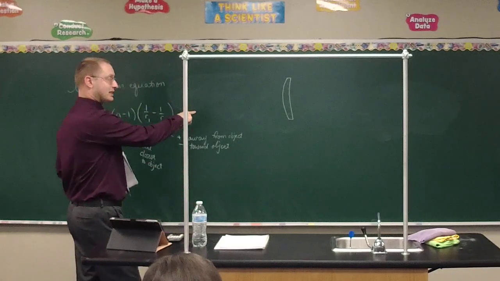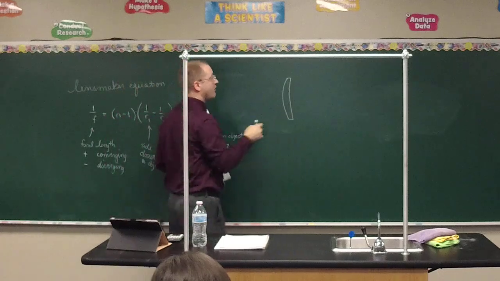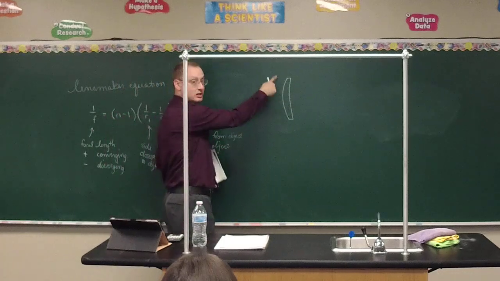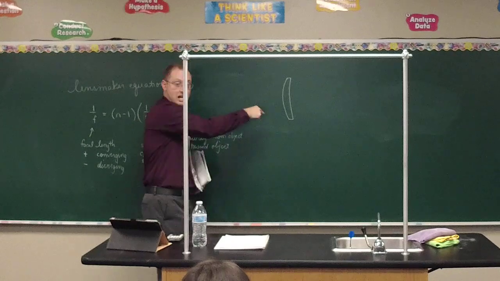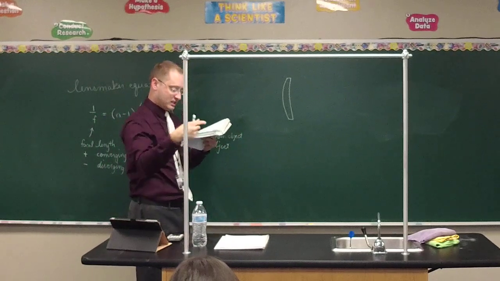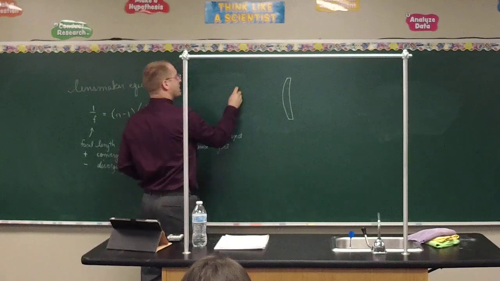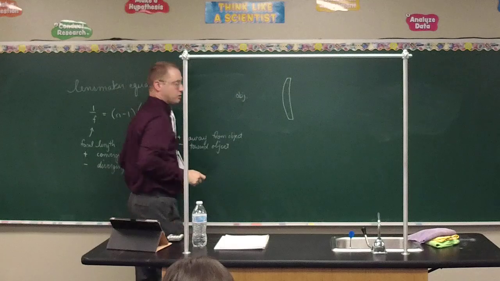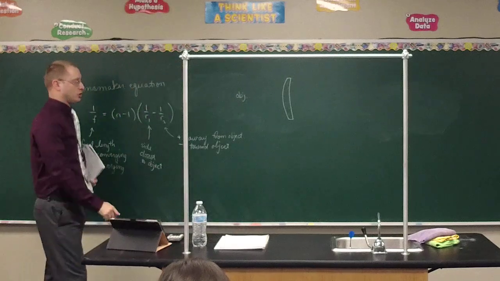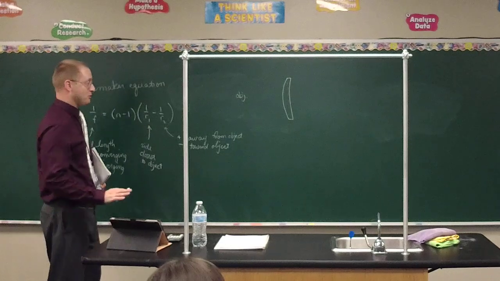Now, not life or death on the accuracy of your sketch, but it'll help if you draw it somewhat realistically. So we have our convex side bulging out. We have our concave side caving in. The concave side is more flat. It's less caved than the convex side is bulged. Now, it says that the convex side is toward the object. This is the convex side. The object goes here. You could draw a tree, person, or write OBJ,